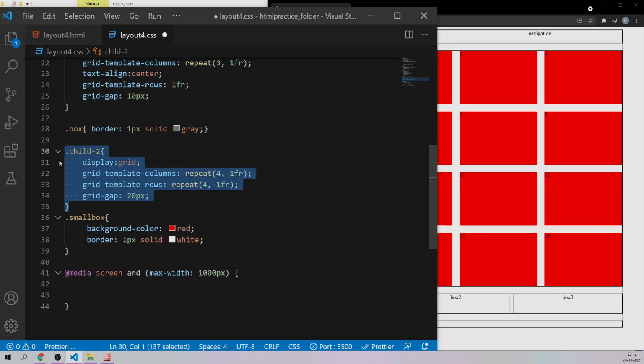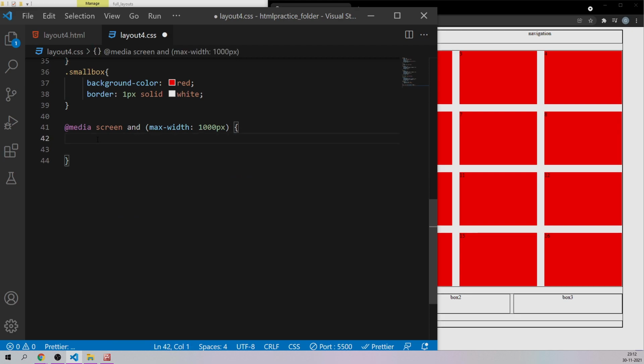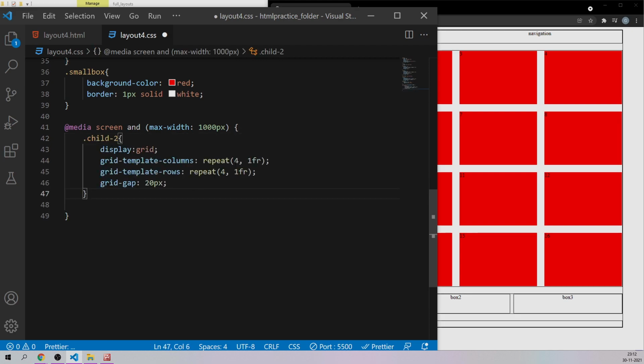Let me grab this whole code and write it here in between the media tag. And I say that I want only three columns. Since I have to store 16 elements, row wise, I'll simply make this 6. Let me save it and let's see.